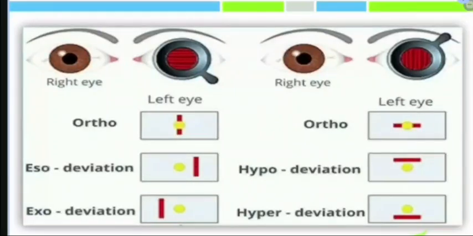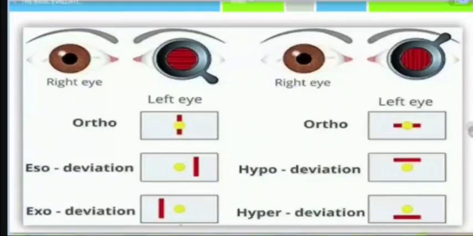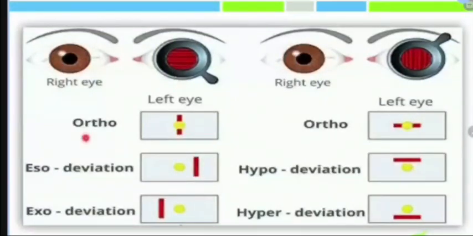As we already said, when the light is on the right side, because here the patient does not have any filter in the right eye, the left eye has the filter. So here the patient sees a light here and the line on the left side, so that it is on the same side, it is not crossed, so it is uncrossed. It gives you an idea the patient has an eso deviation. So here the right eye image is on the left side and the left eye image on the right side. So if you see the patient is seeing